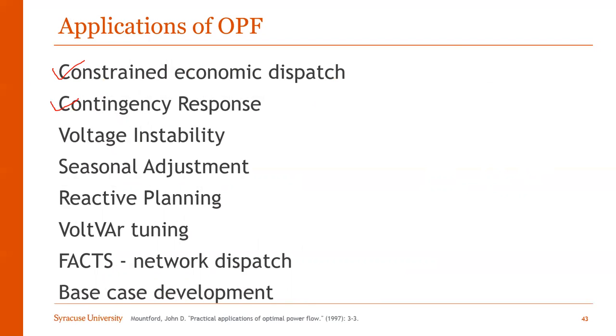Once failures have happened, we want to operate the system reliably. In cases where there is voltage instability, OPF can also play a part in figuring out good solutions. Apart from that, other applications include seasonal adjustment, reactive power planning, volt-VAR tuning,